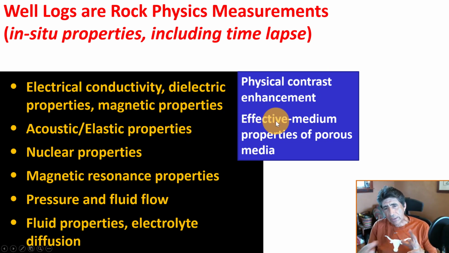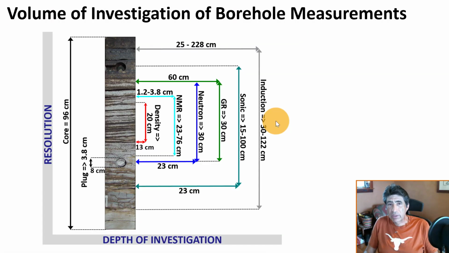So what we do is we integrate those with interpretation methods that we call effective medium theories. To do that, we have to guide ourselves because fluids and solids have different contrasts of properties depending on the physics that one is using to sense that rock. So all of that needs to be glued, if you will, with an interpretation method. We call this an interpretation model or interpretation method. And as I said before, those models and methods have parameters, and those parameters need to be adjusted.